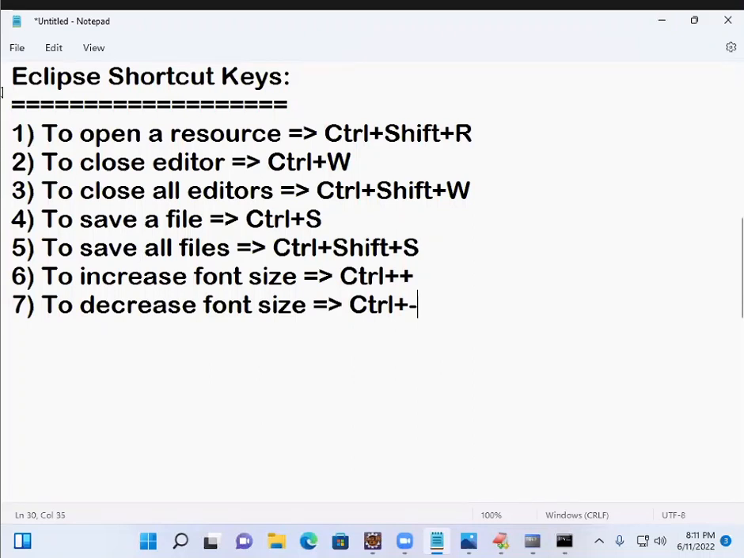So actually in Control Shift R, this plus is not included. But generally we'll write like that only. Here this means Control plus only, Control minus only. Okay, we'll write like that only. Now